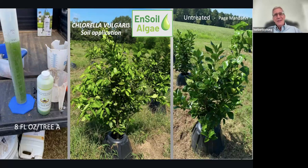So it got regular nutrition, the organic nutrition that I was putting out. But we were so curious what was going to be the impact on the whole microbiome in the soil. And this is what we saw. After 5 weeks, one of the varieties, the